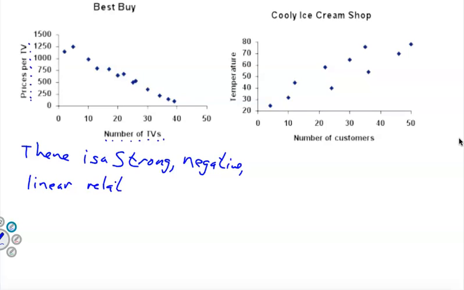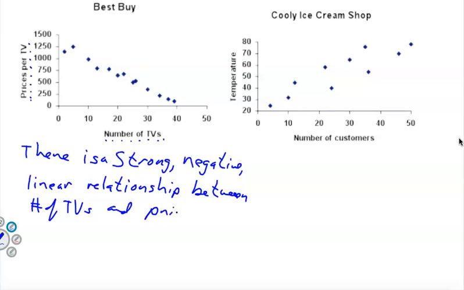relationship between the number of TVs and the price per TV, with, and then we got to look for outliers. 0